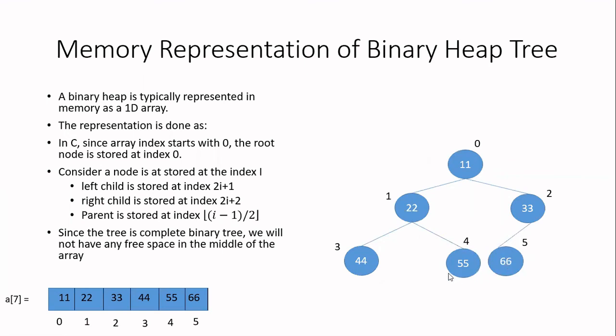So what you can observe from the memory representation of the binary heap tree is, if you start with index 0, from 0 till some maximum index, all the nodes will be present. You will not have any free space in the middle of the memory representation of the binary tree. Whenever you delete or insert any element in the max heap, the same rule will hold. There will not be any free space during the insertion or deletion. That's why we prefer the array implementation for the binary heap tree.